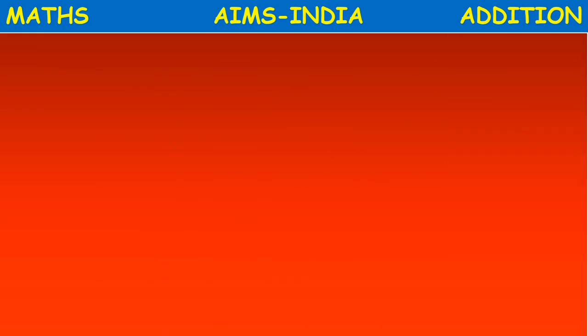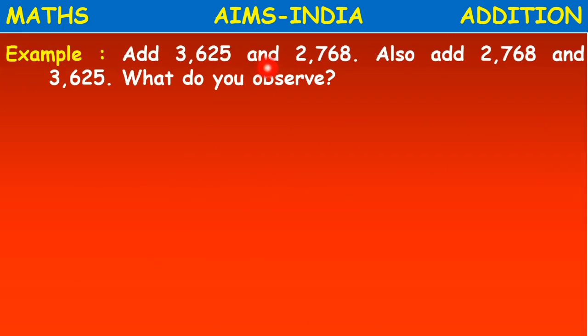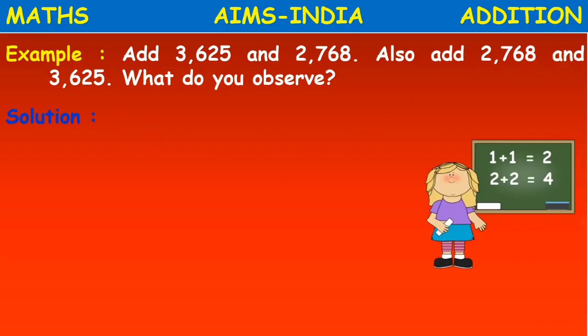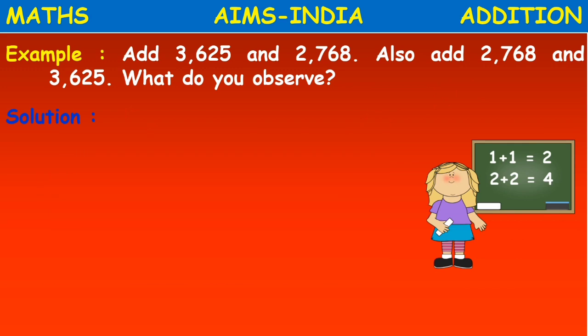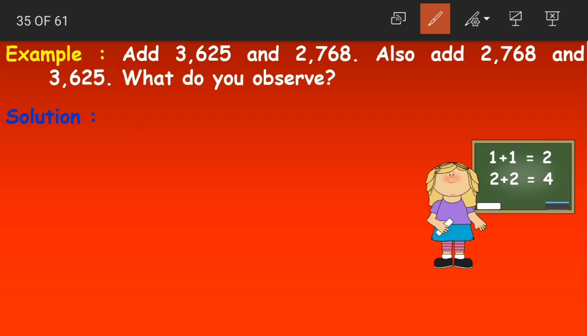Moving on, add 3625 and 2768. Also add 2768 and 3625. What do you observe? See, what do you observe? What are they saying here? We are given two numbers and they have asked us to add. So let us add